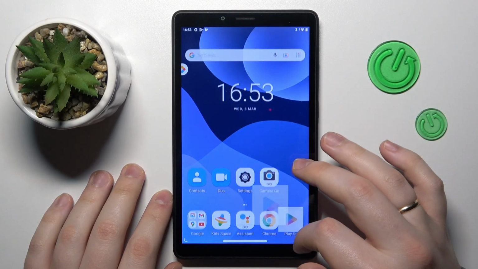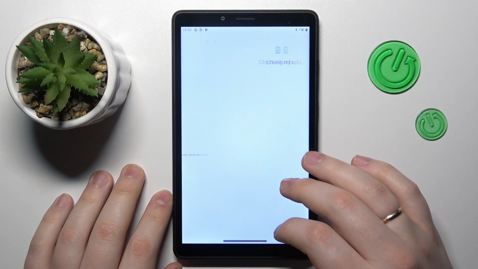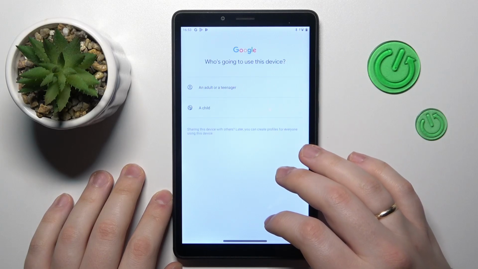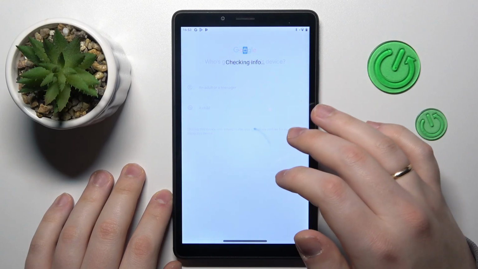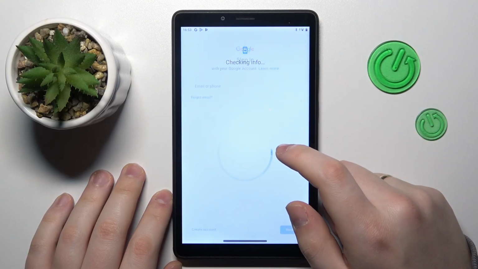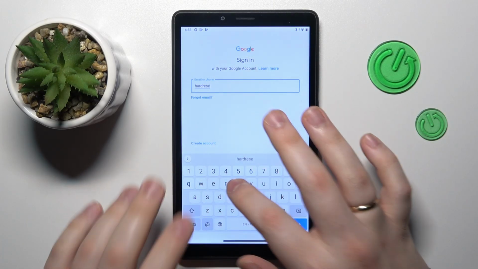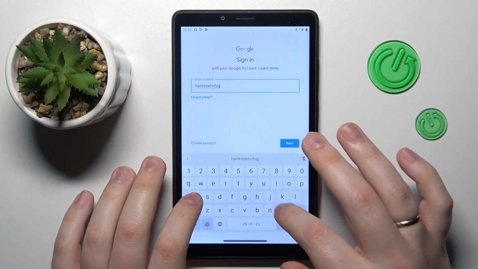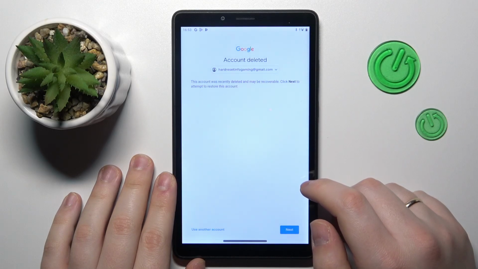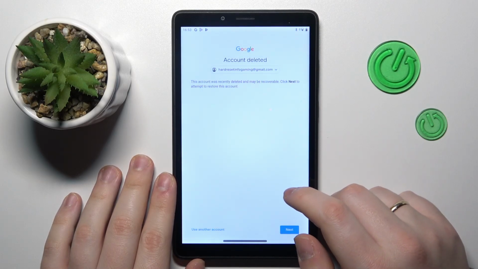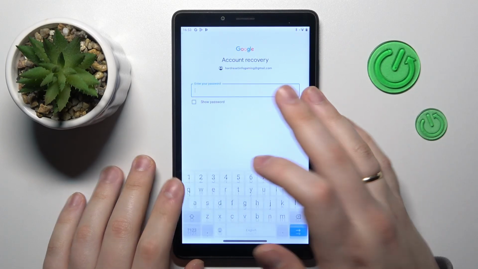So now the final thing that you need to do is to restore or recover the Google account, which you can do by signing in with it to any Google service. In my case, I'll show you how you can do that using the Play Store app. If you have done everything right up until this point, you should get the following message. So now you can proceed, enter the password,